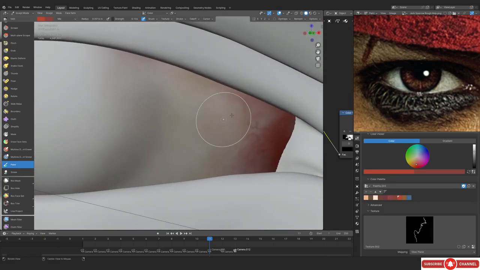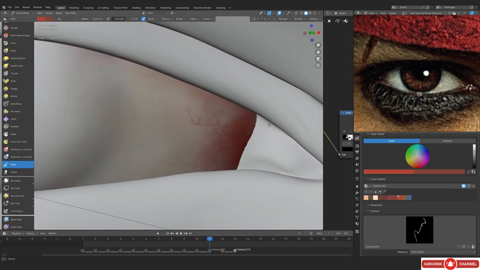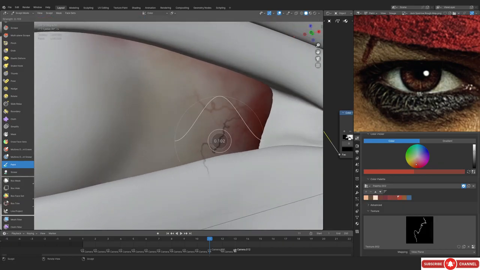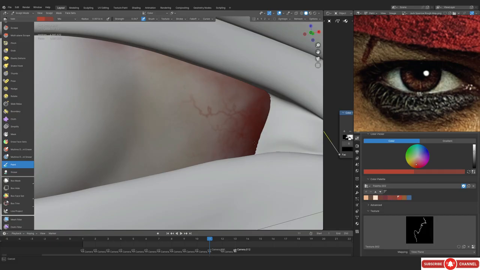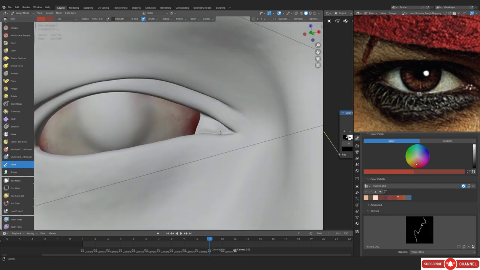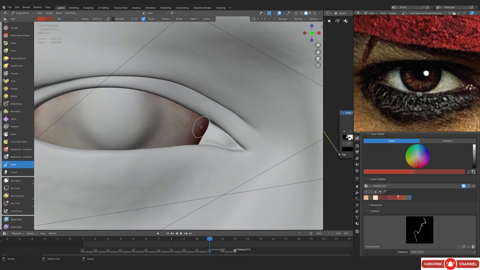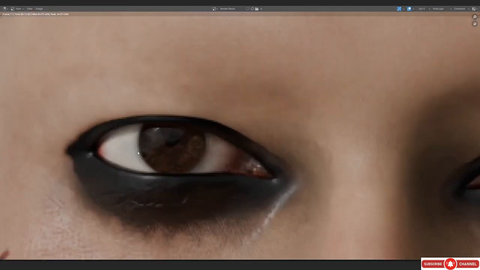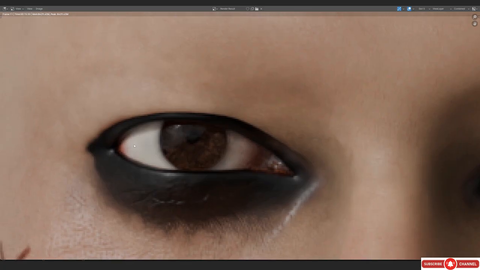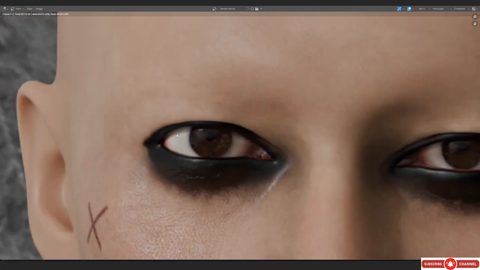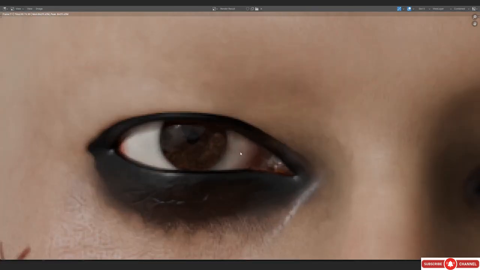Alright, so now I've just added some veins, and you must have realized that I was changing the color and also the strength of some of those veins so that they don't look similar to each other, and we can have some variation, just like I'm doing right now. So this is also something that you can do in order to add more variation. And some of the veins are bigger, and some of them are smaller. So yeah, you just need to make sure that you do that, and they are gonna look pretty good.